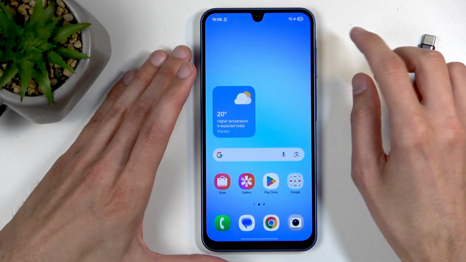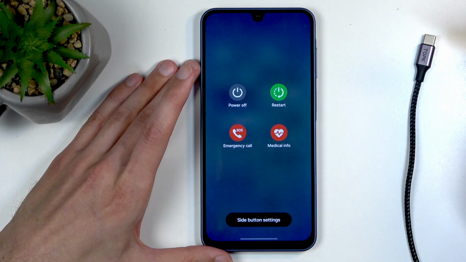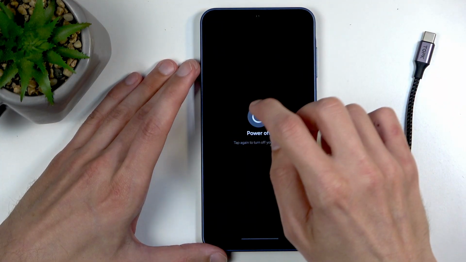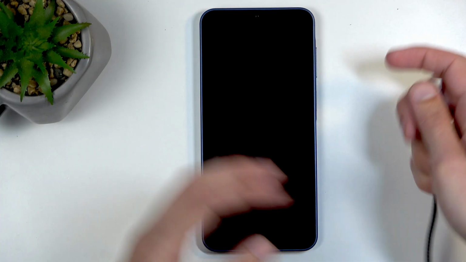And on the phone, swipe down from the top of your screen. There we go. Select the power button and choose power off. So when the device turns off, you're gonna hold your volume up and the volume down at the same time, and while holding both of those buttons, you're just gonna simply plug in the cable that is connected to your